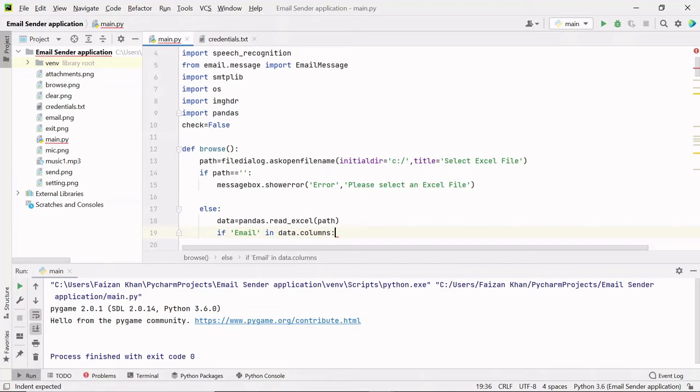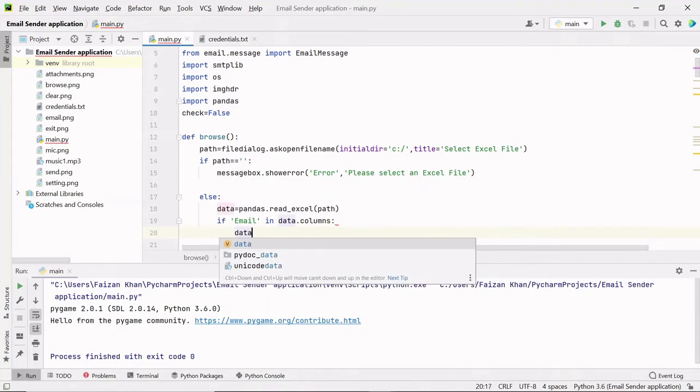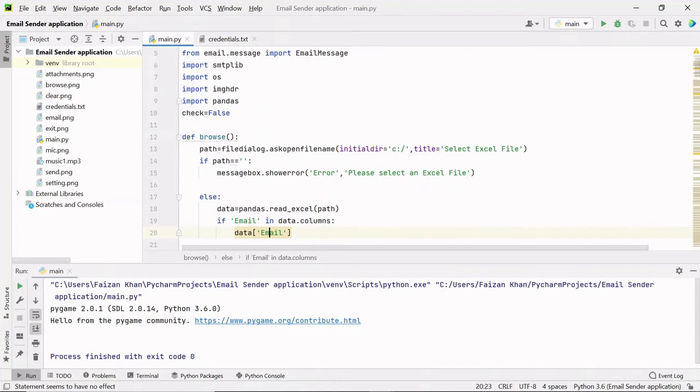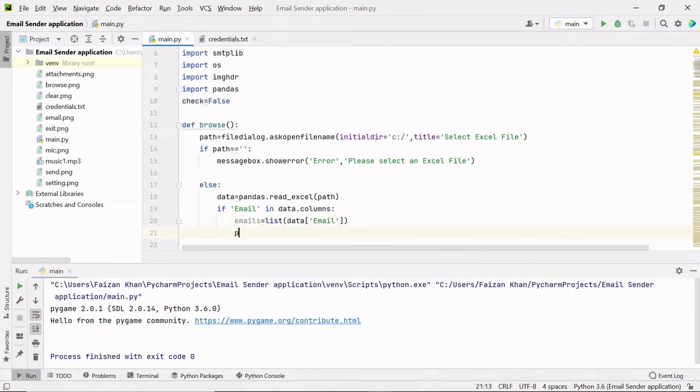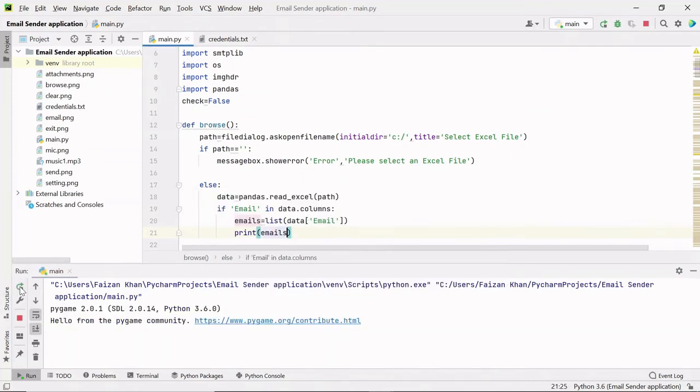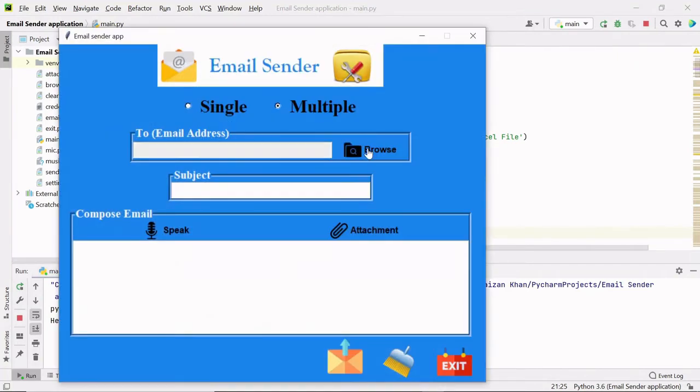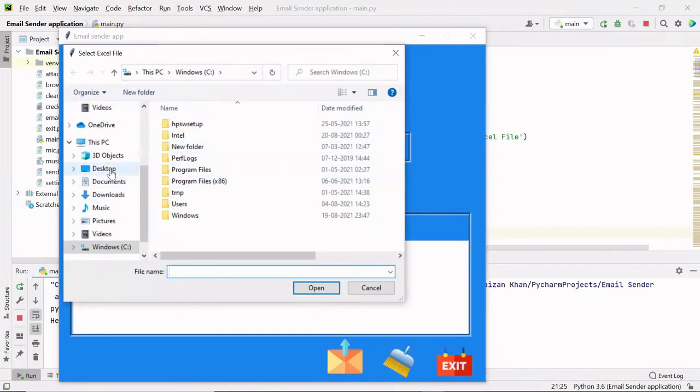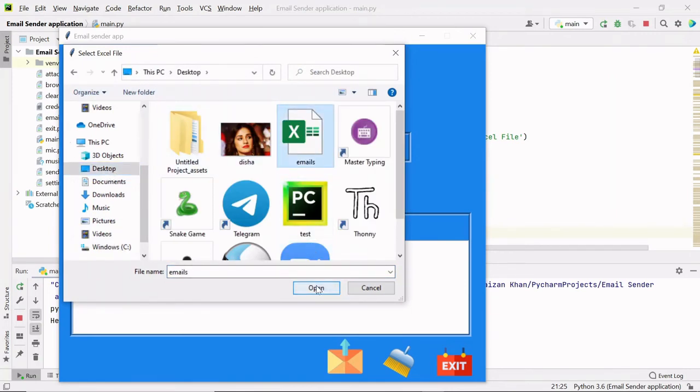If in that Excel file we have an email column, in that case we will get all the emails from that column like this, and then I will convert that to a list like this, and store that list in some variable, emails. And if I print this variable so that you can see what is inside it, and run this code, I select this multiple, then this browse button, and now from the desktop I'm selecting this emails.xlsx file.